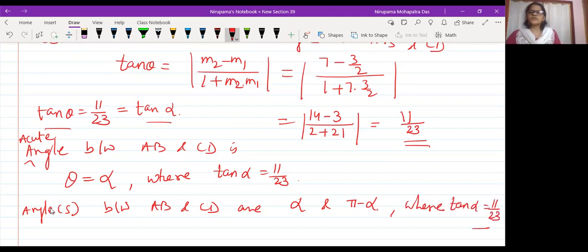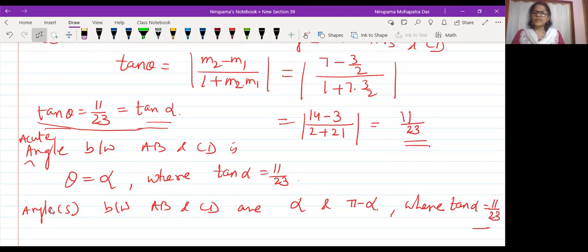Okay, so in case you get root 3 or 1 by root 3, you can easily do it. So no problem at all. But whenever you get such an answer, you can always do it like this. So that's why I just thought maybe we can start with such questions, I mean such coordinates.